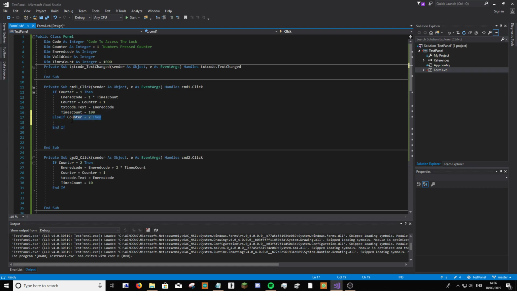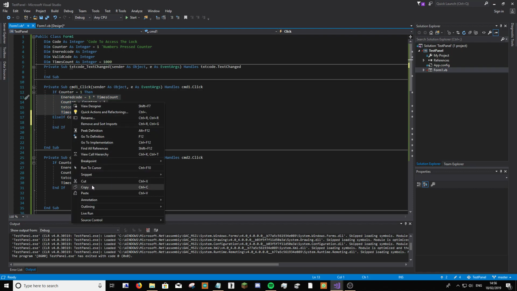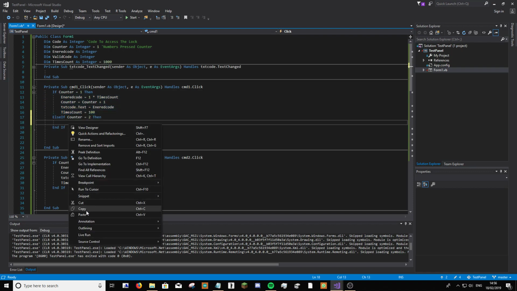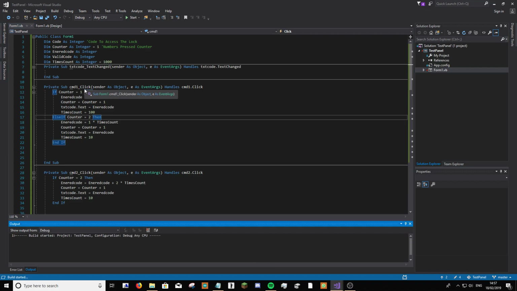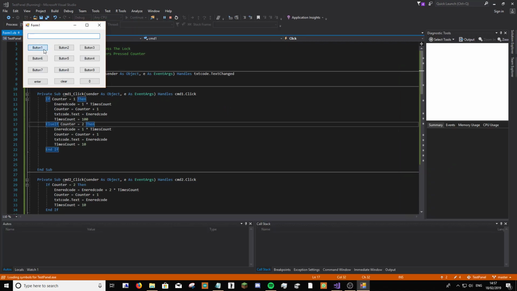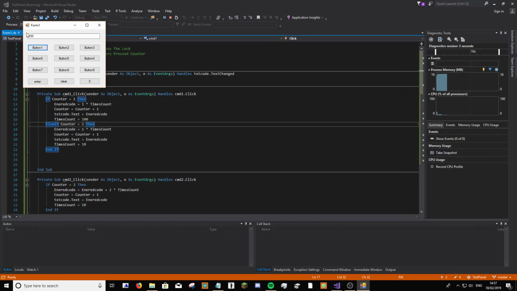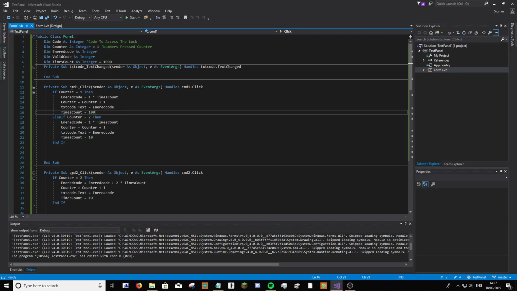But yeah, so what you do is you check if counter's 2 there, and then you'll copy that bit in, you'd paste it, but instead of setting it to that, you'd set it to that, like that, which means now, in theory, I should be able to go 1, 1. Oh, you're not working though, are you? That will be because they need the times count, which is